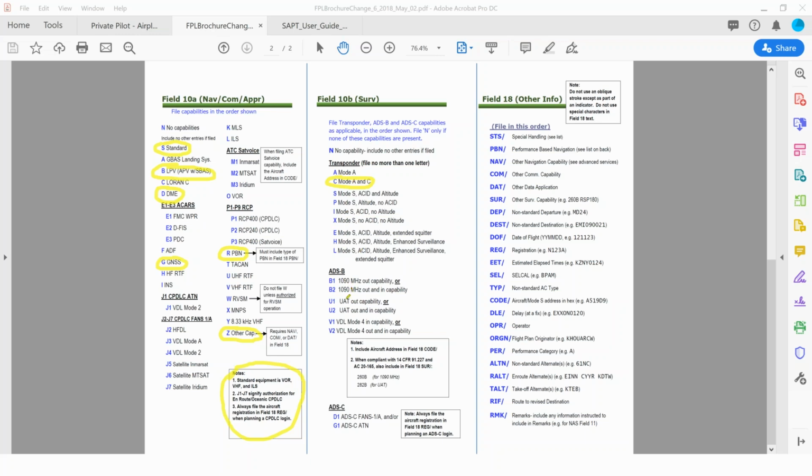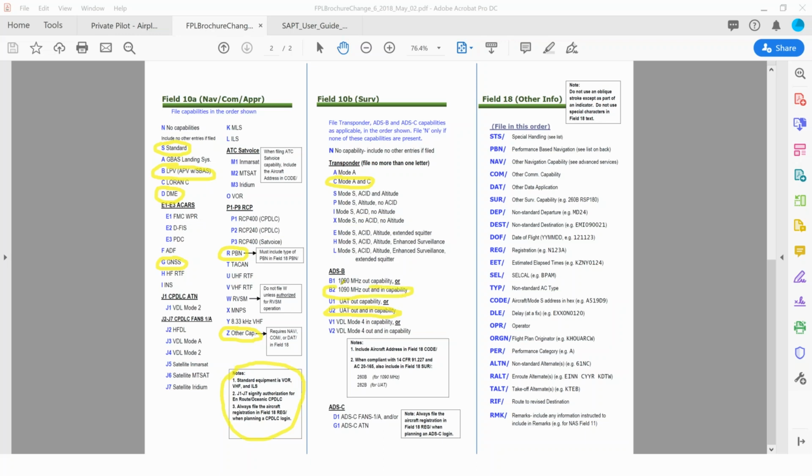And if you have ADS-B, you're going to select some stuff down here in the ADS-B column. Let's say U2 is pretty common, and B2. You can select both of these.